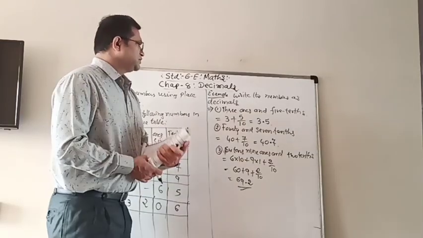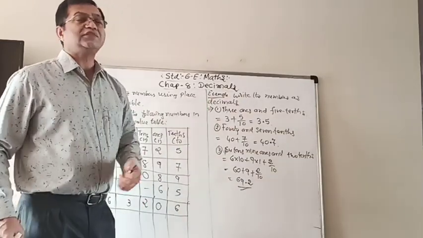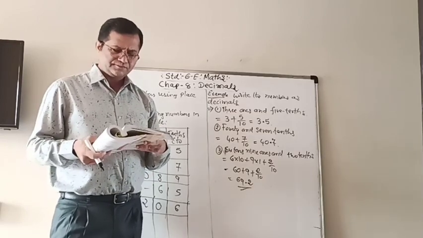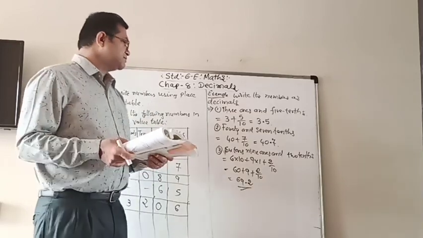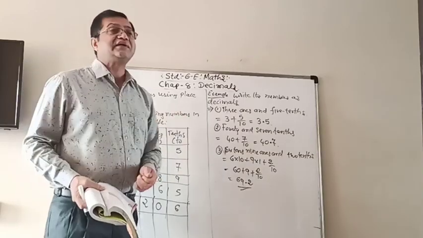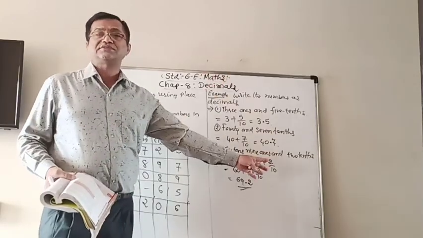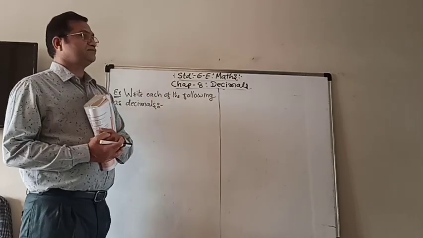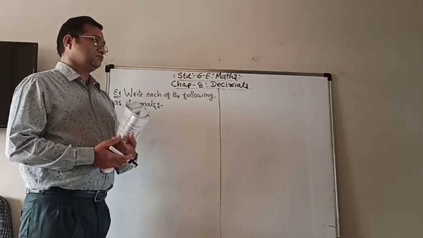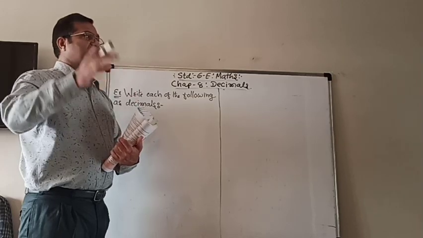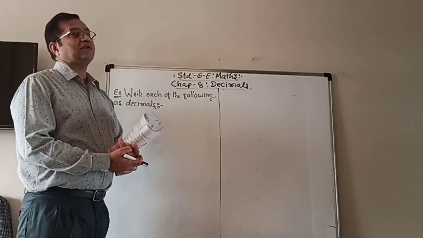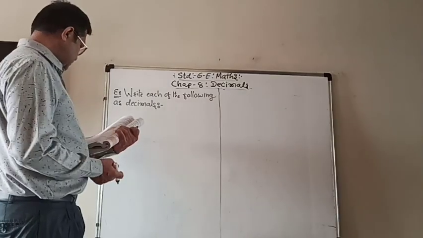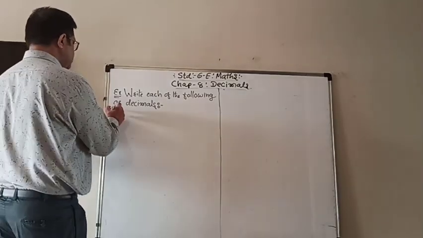So the number can be written in words, and then you have to be careful and write them using the decimal point like this. Now we will write the numbers which are given separated, and we have to write it as a decimal number. Let us see with the example. First one,